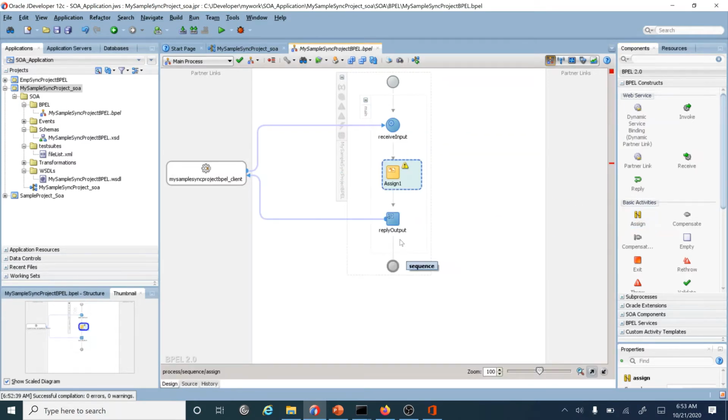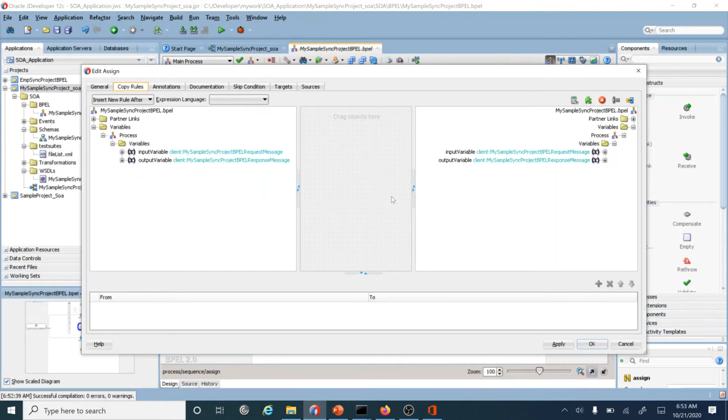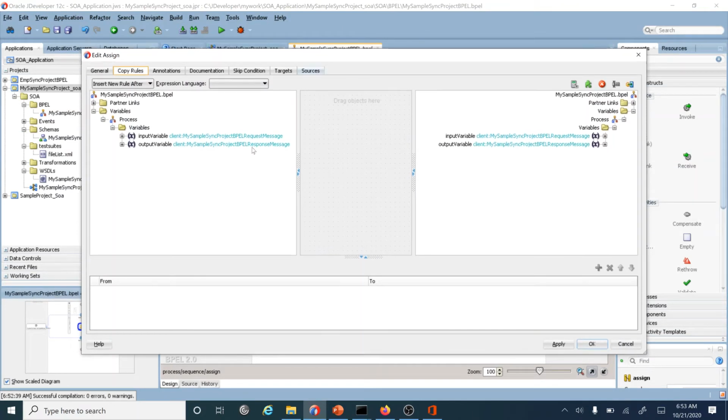Drag and drop the assign activity and give it a name like assign name. Double click this, and we need to configure this assign activity. In the input variable we have first name and last name, and in the output variable we have a result.